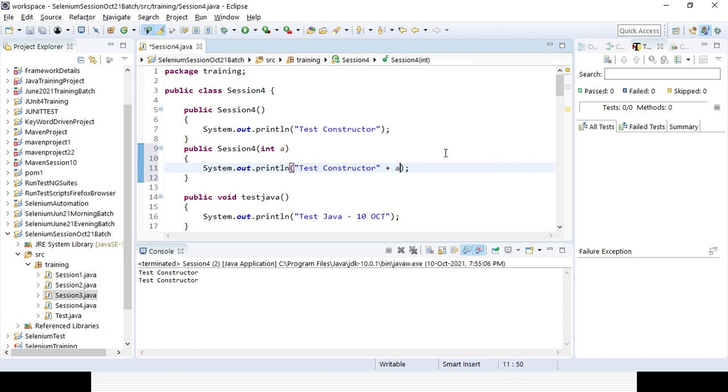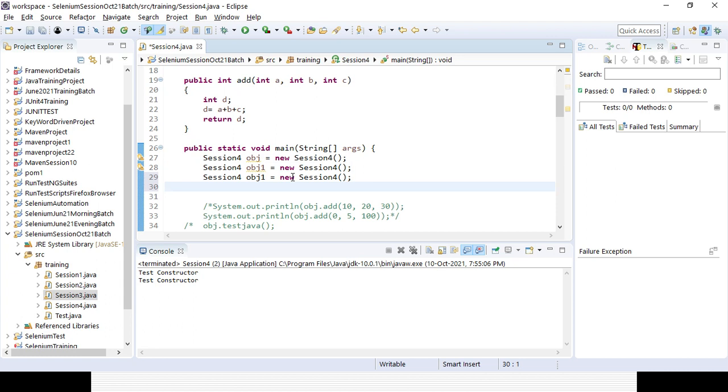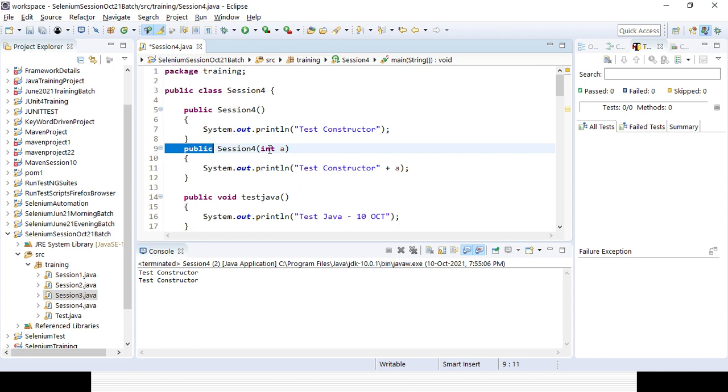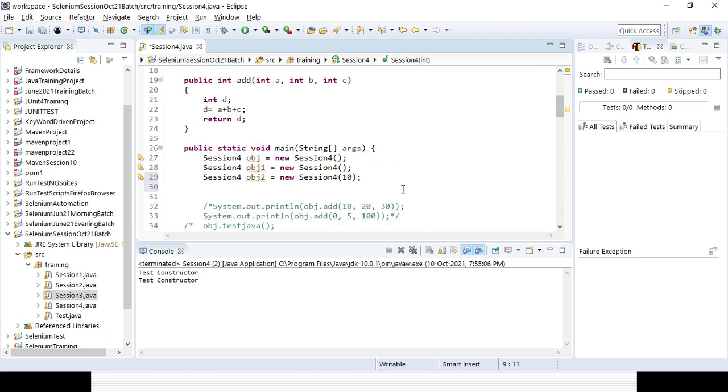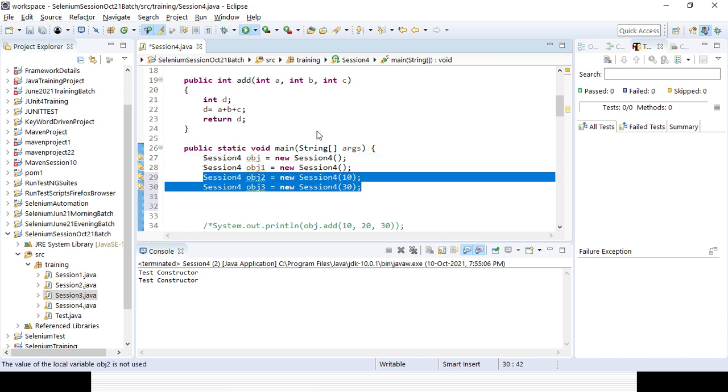Now if you want to run it again, create an object with the help of new, object 2, and pass 10, because this is another constructor I have created where I am passing a variable. Similarly, I can create another object 3 and pass a different value, 30. So I have created two constructors with the default one, and two where I am passing the value. Let's run it and see what output comes.